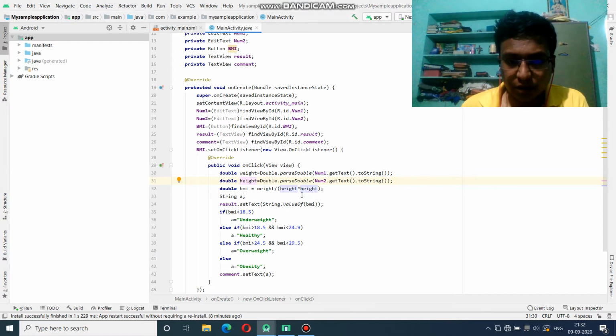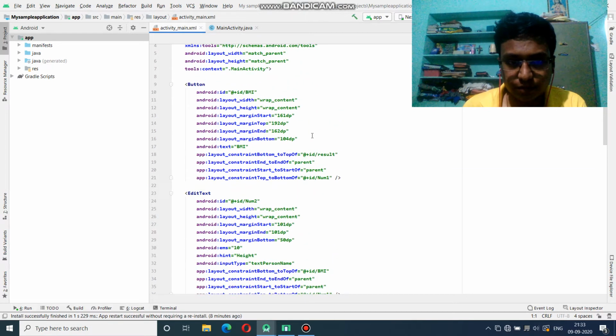how much weight we are having in the BMI result, and then what is the comment, that means at which point our height is, likewise it will display here. So here we are giving the BMI condition, it will produce the result, and it will check the condition, and it will produce what type of height we are in.